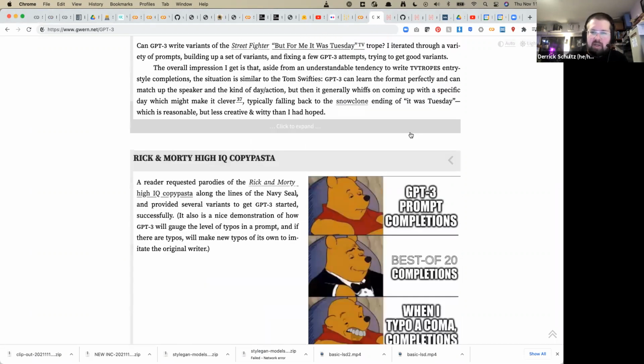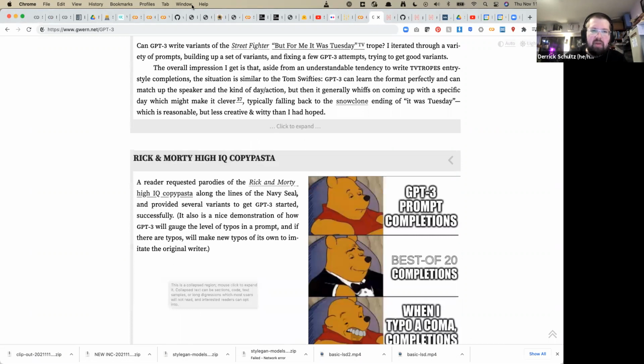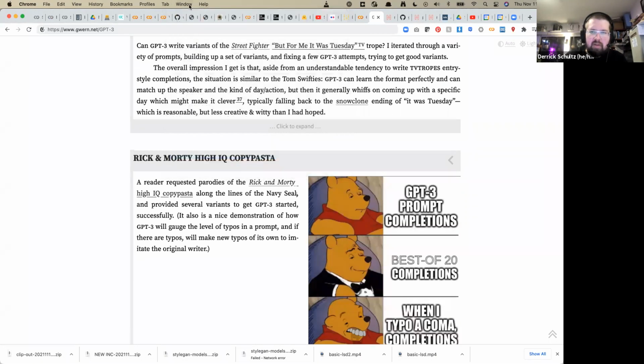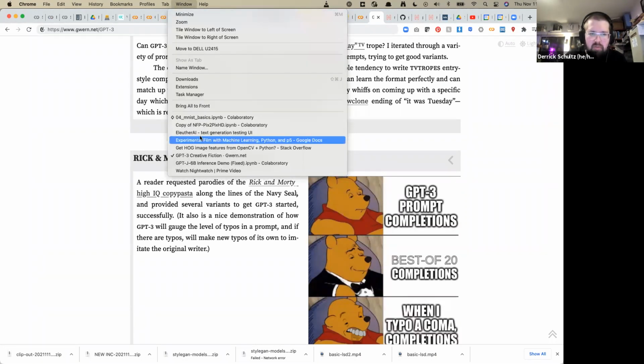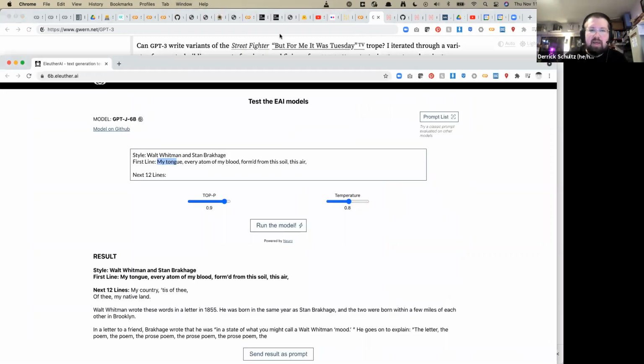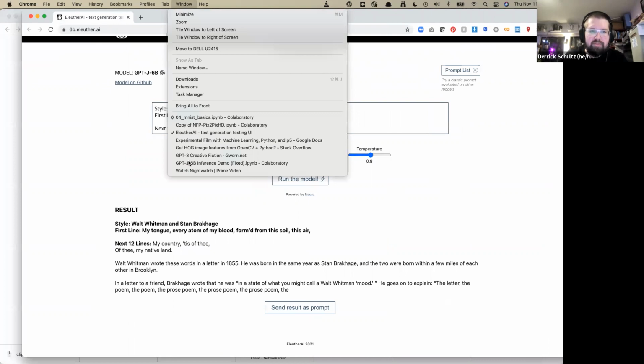The other thing I should mention here, which I think is helpful to know, is what exactly are the top P as well as, that's not the right thing. Go. So there is a thing called top P as well as temperature. And in the notes of the Colab notebook, if you scroll down here,